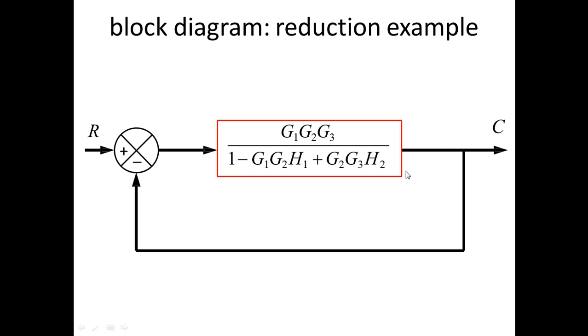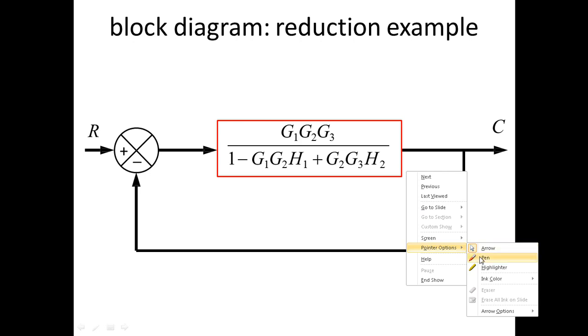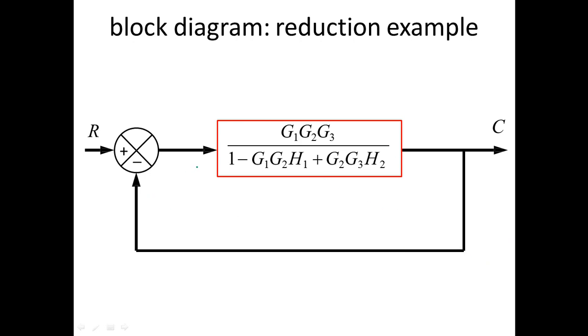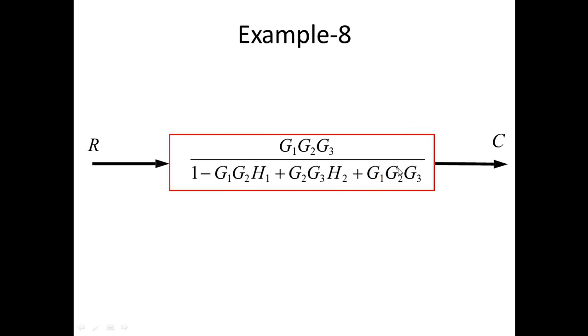So you got this equation, and now you see that this is basically a unity feedback system, and you can resolve it by yourself. Let's say this whole equation is your A. So the overall equation, C of S divided by R of S, will be equal to A divided by 1, which is minus, so it will be plus A, and the value of H is equal to 1, so no need to write 1. So this thing divided by 1 plus this whole thing, and if you solve this, you can get this value.